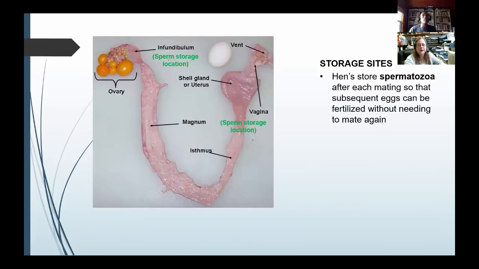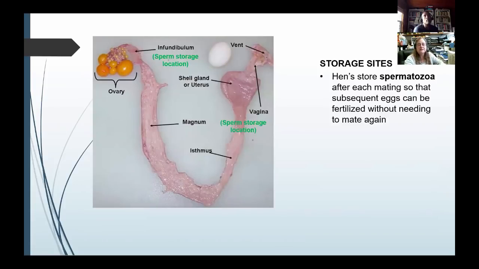Chickens lay eggs whether or not there's a male there, whether or not there's any sperm. So, some eggs are fertile, some are infertile. Typically, you only need a chicken to mate once a week to have good fertility. If you are trying to breed chickens and you've put them in with the wrong rooster, you may have to wait